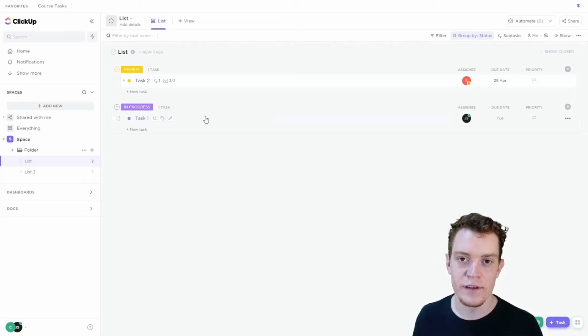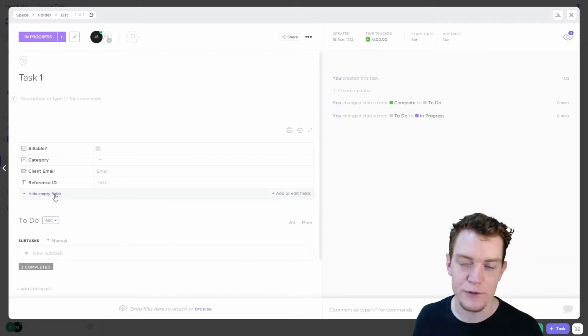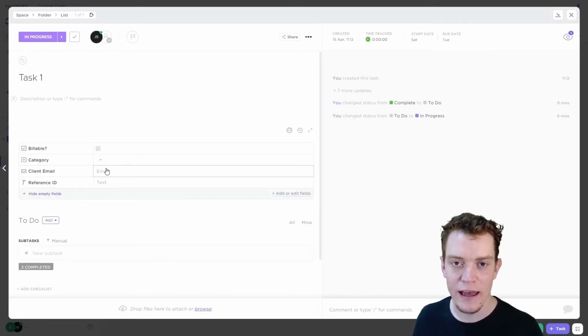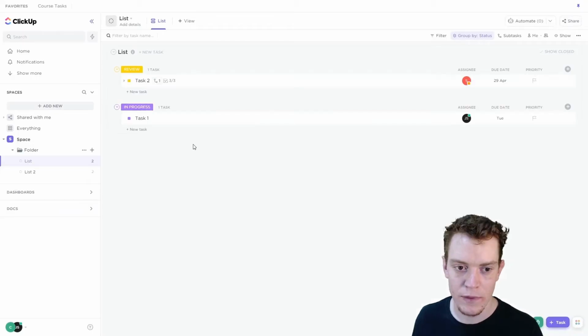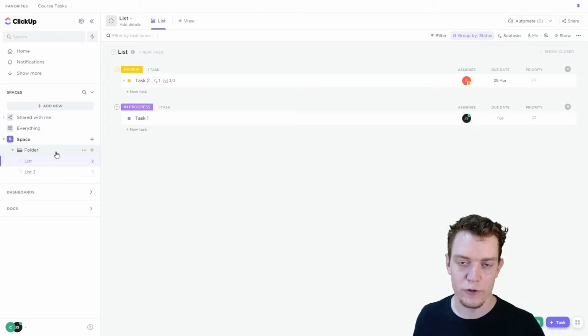Okay, custom fields. Custom fields, as we talked about earlier, give you the ability to add extra fields on tasks. So you can add extra information to each task to suit your particular use case. Now, custom fields can be added at any level: list, folder, space, or even everything. And what that will do is on every task within that location, it will add an extra field to enter